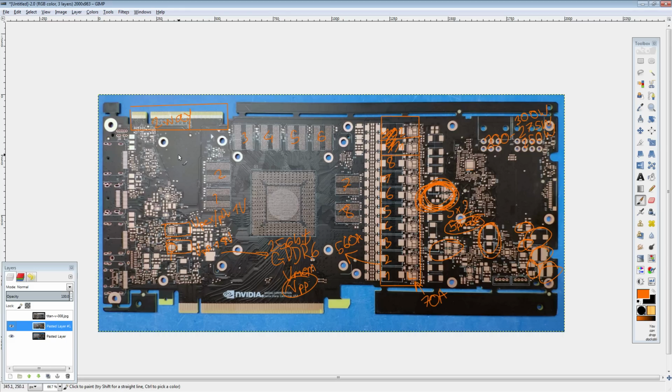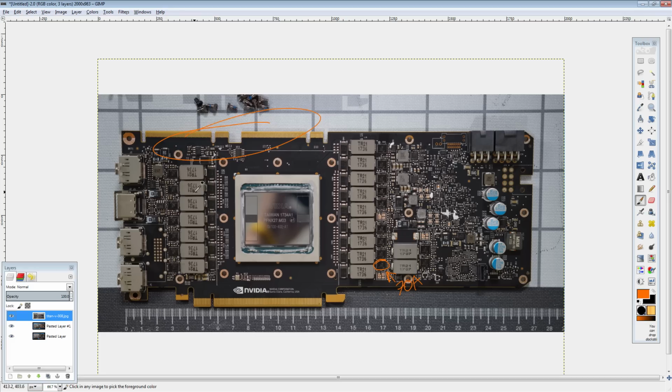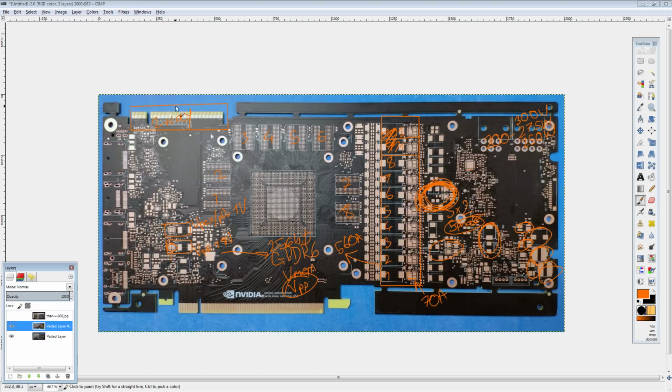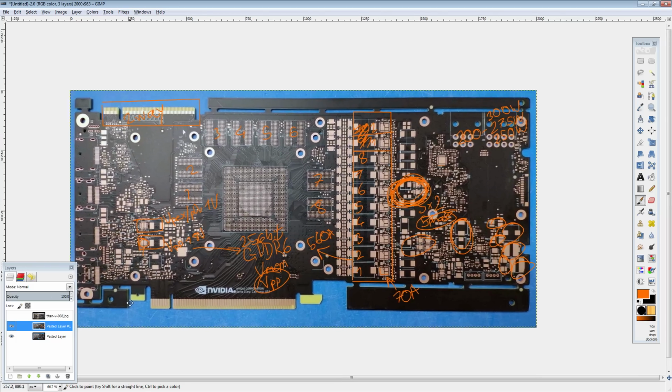They might decide that that's not even going to be enabled, because that's the situation on the Titan V. Those two connectors don't work, right? So who knows? It might be there. There might be a Tesla version of the card, and on that it's enabled. On the non-Tesla version, it's not enabled. They could totally do that. There wouldn't be a problem with doing something like that. So, yeah,